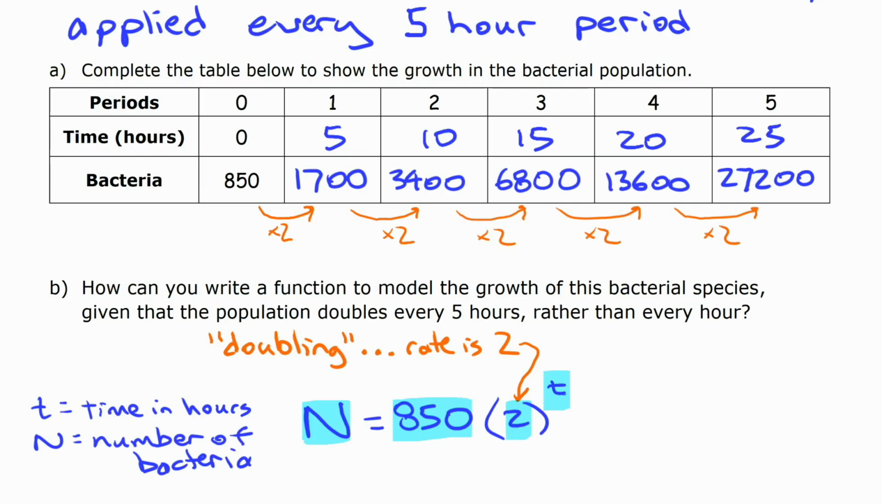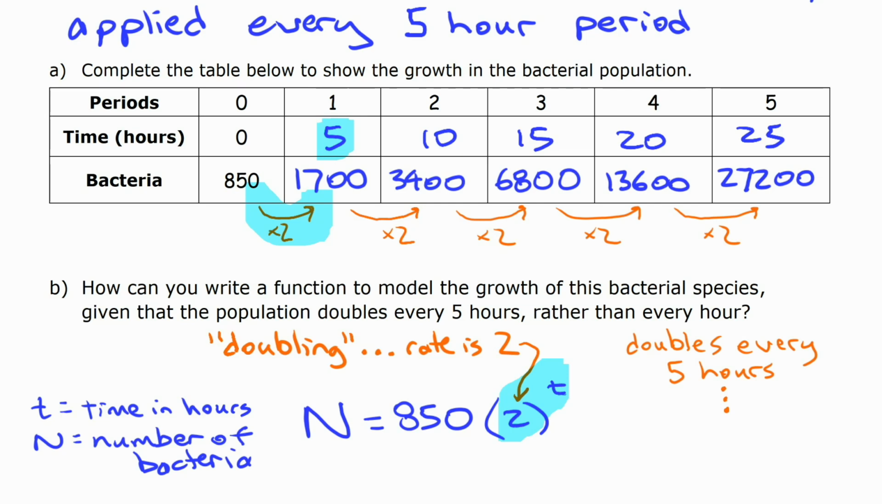But it's not that it's doubling every hour, it's doubling every 5 hours. Now, if we kept the function like this and say we put in 5 hours here, that would be 2 to the 5th. It would be multiplying our initial value by 2 5 times, but that's not what we want. We only want it to be multiplied by 2 once. And so how we're going to achieve that is we're going to put a little adjustment in the exponent here. We want it to be doubled every 5 hours, so we want that exponent to be 1 when the time is 5. So all we have to do is divide the time by 5,